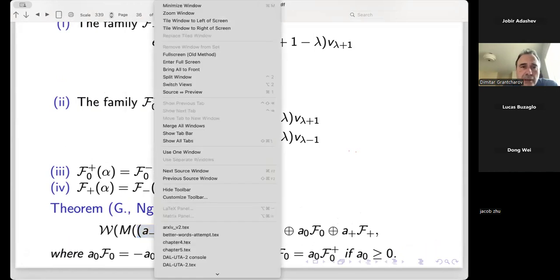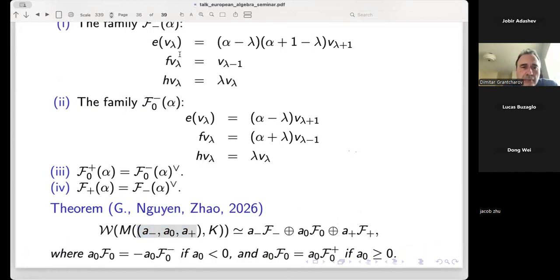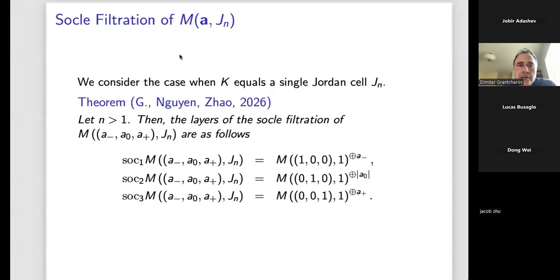Okay, and the last thing I want to mention is the Sokal filtration of the modules and the indecomposability. So these modules are not simple, certainly, because if this matrix is upper triangular, it is very easy to notice that the module is not simple, but we have a natural Sokal filtration. These are